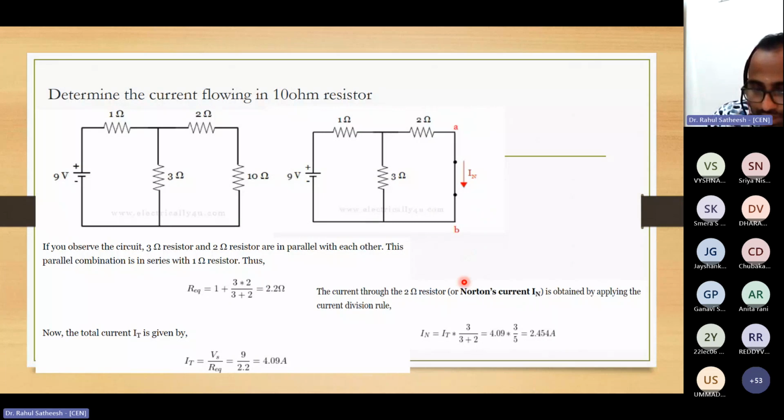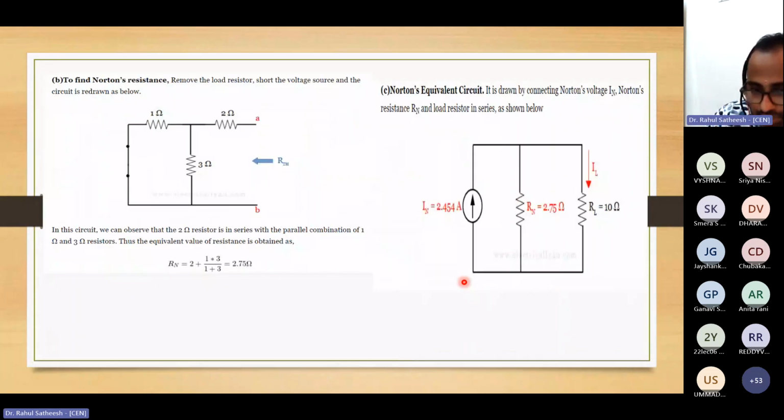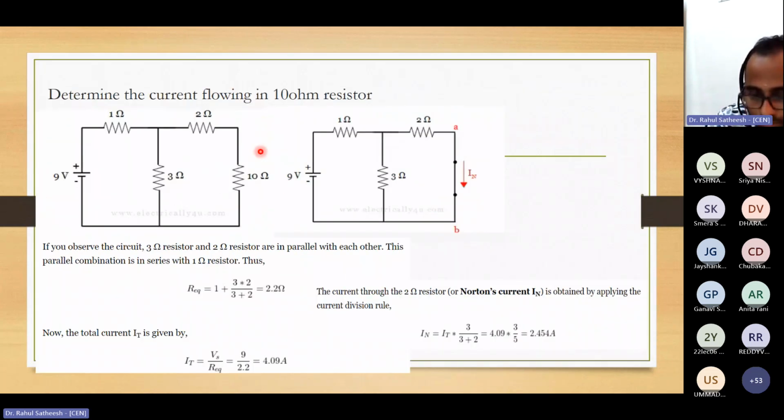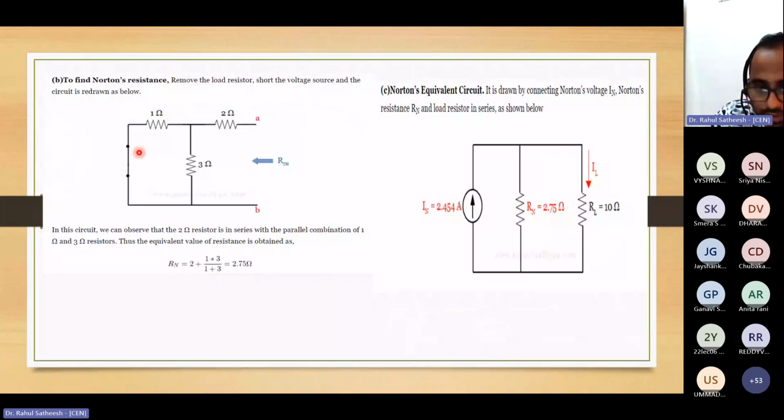Okay, is it clear? And then we need to find out Rn. Is the Rn or Rth the same thing? So here it is the removal of the 10 ohm resistance. So after the removal, you can short the voltage source here, and the remaining resistance is 2 ohm, 1 ohm,